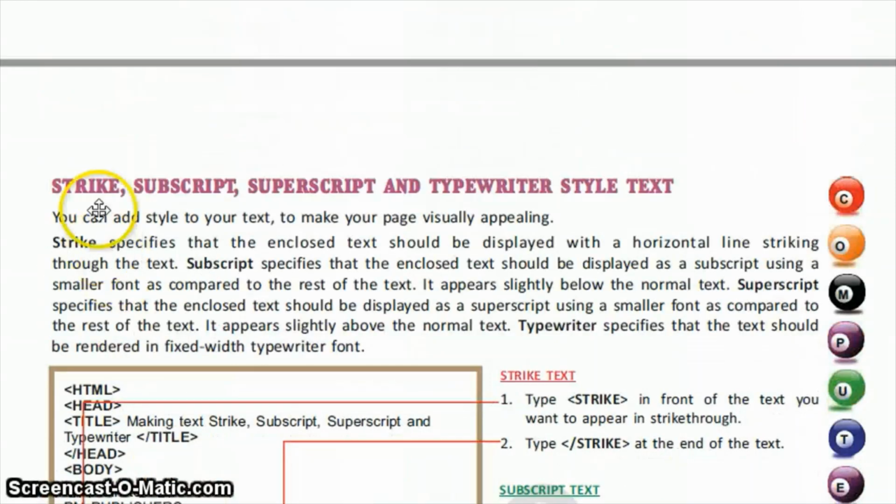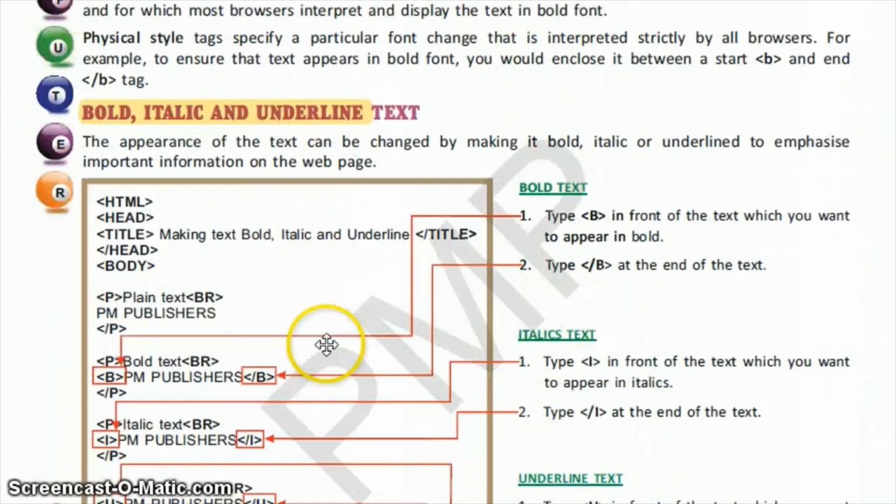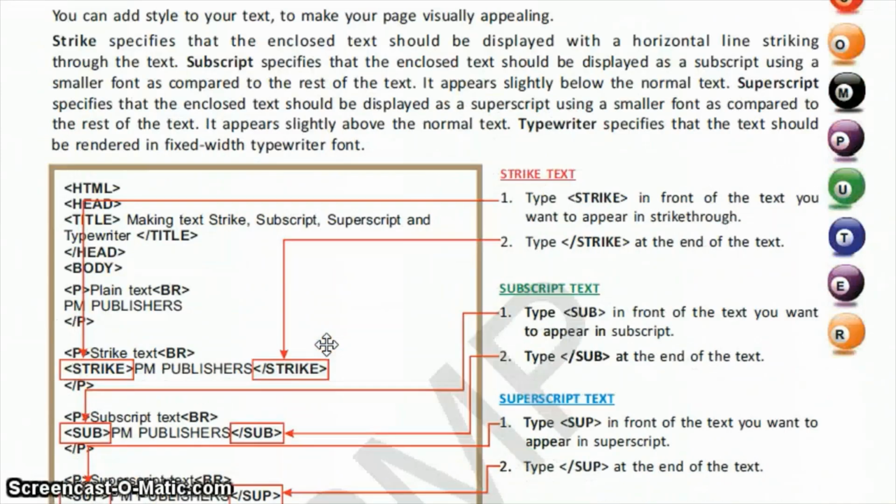And then we have the tags for strike, superscript, subscript and typewriter style for the formatting of the text. Then we have the font tag.